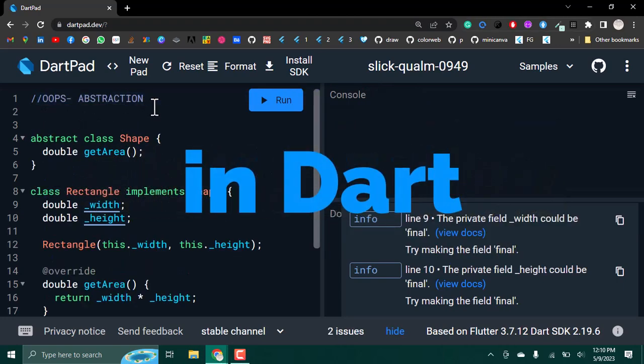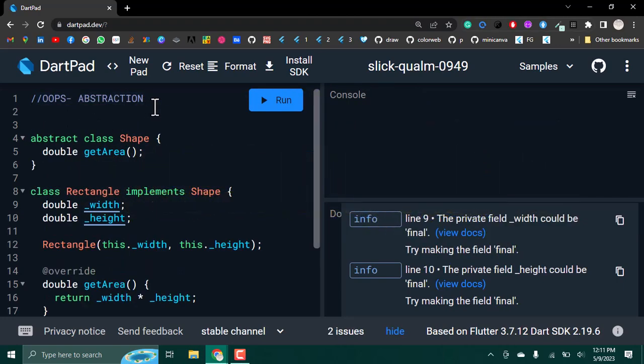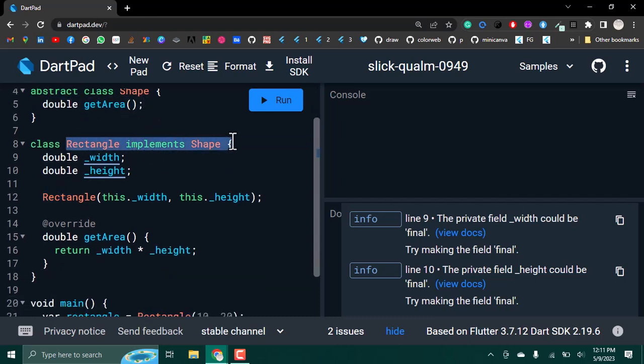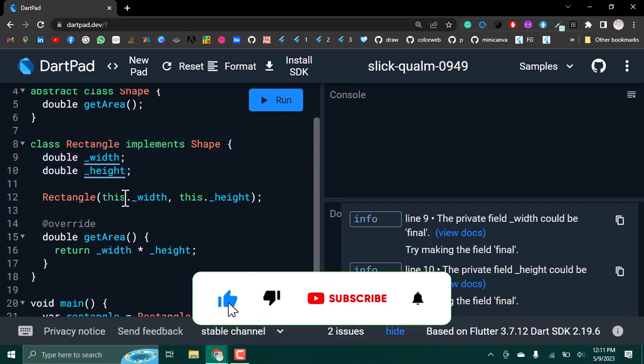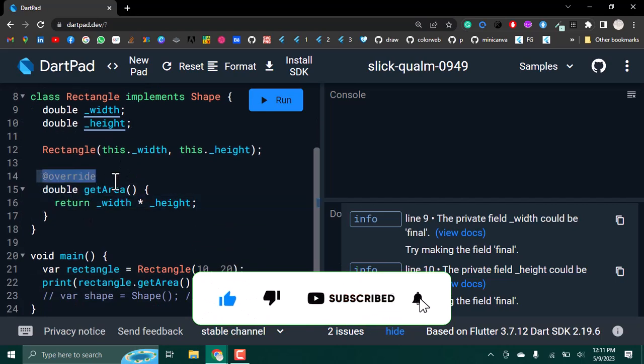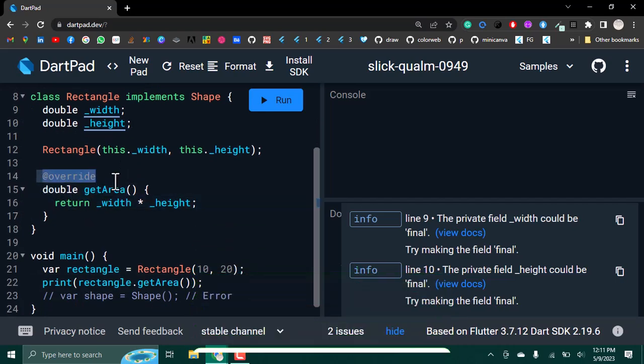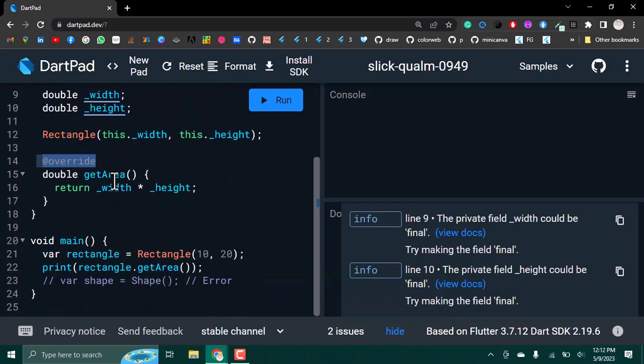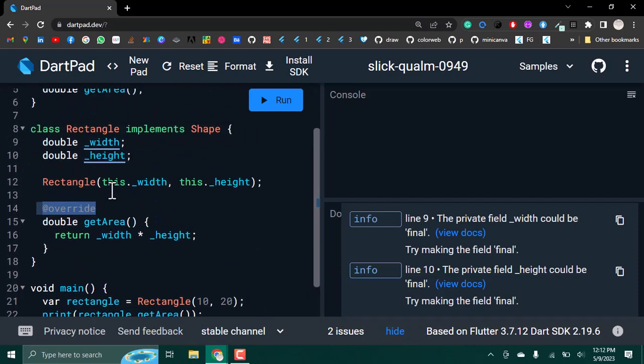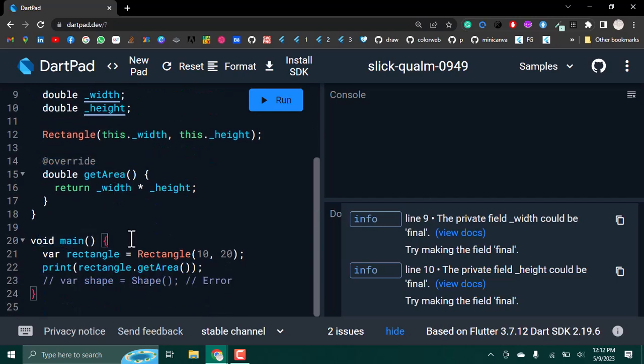Abstraction is the process of hiding complex implementation details, exposing only the essential features of an object. In Dart, abstraction is achieved by using abstract class and methods. I have created abstract class Shape which defines abstract method getArea. Now, another class Rectangle which implements that Shape class, and I'm overriding this getArea method, returning width and height multiplication result. Now, when I create object of that rectangle with the value of 10 and 20, and I should call like this,